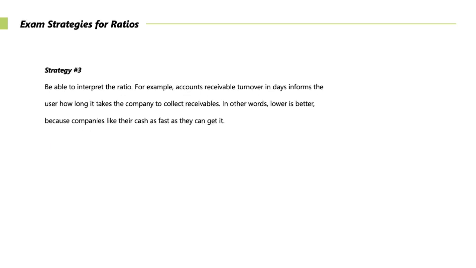Let's move on. Strategy 3, be able to interpret the ratio. This is always important. If receivables used to be a turnover of 12 and now they're only a turnover of 8, that means they're slowing down. It takes longer to collect. Why are we taking longer to collect? Either we're not doing an effective job at collecting, or we've granted extended payment terms to encourage people. Hey, buy now, pay later, right? That would be a classic example in this one.